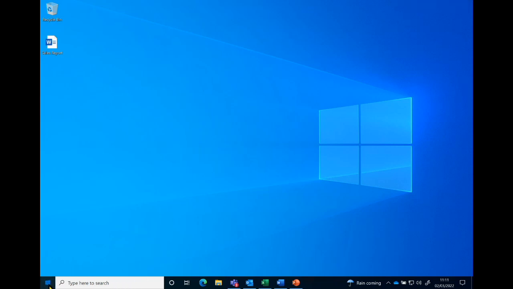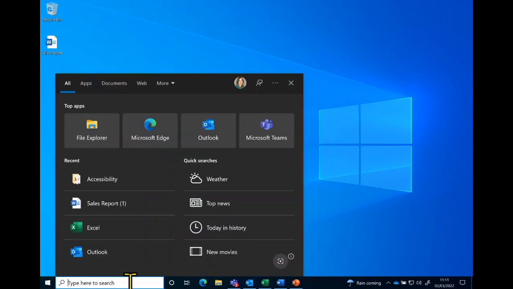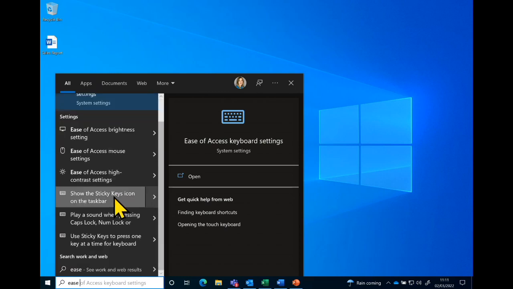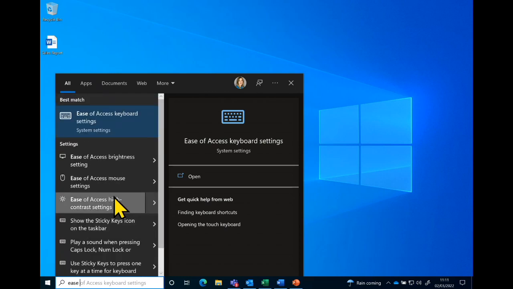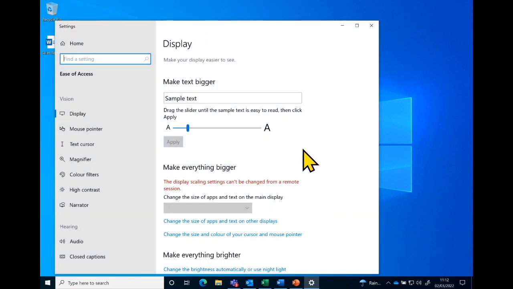Now to get there, you can just go to your Windows icon and click on the settings wheel and navigate through. You can use the search bar in the bottom left-hand corner here and search for ease of access, and you'll see it starts to bring up some specific settings that you can change. Or there is also a Windows shortcut that takes you straight into those settings. It is the Windows icon or logo on your keyboard and the letter U for umbrella. So Windows U, and that's going to open up